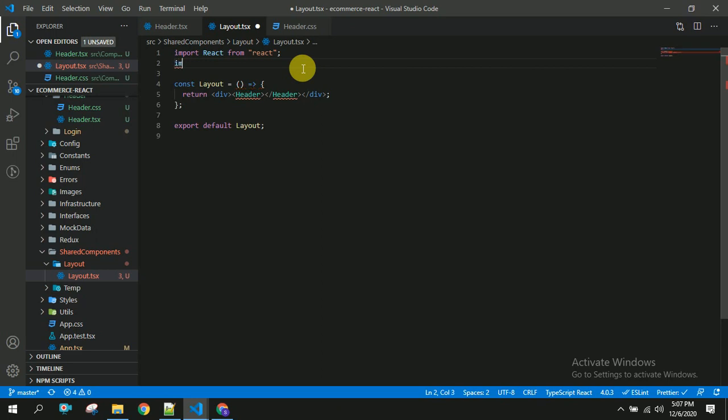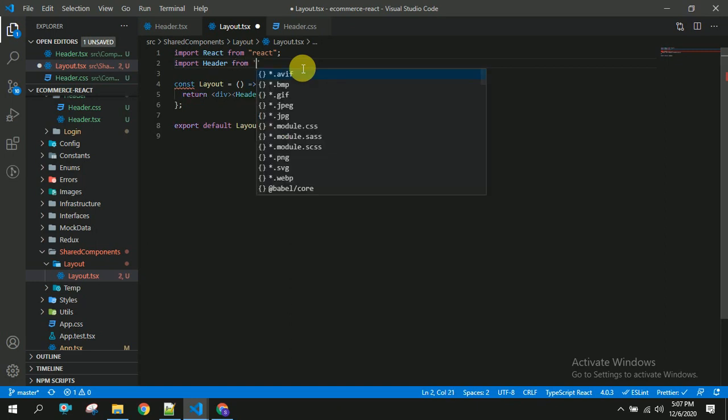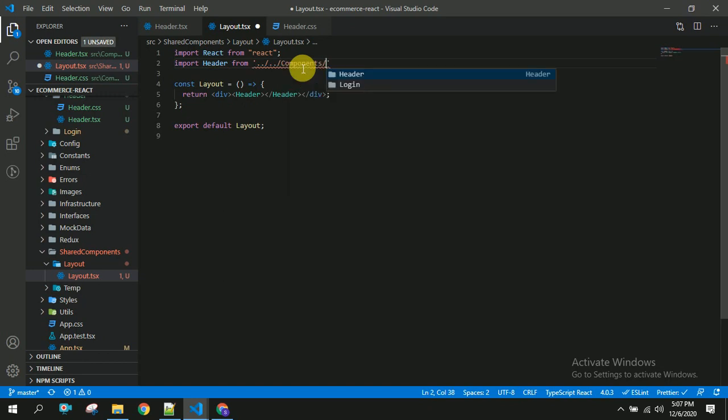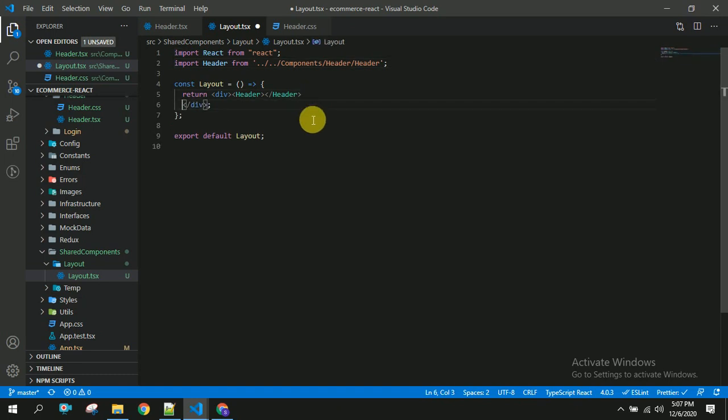Import header from components, and in these components we have header, from header.tsx. After this we have to use props.children.